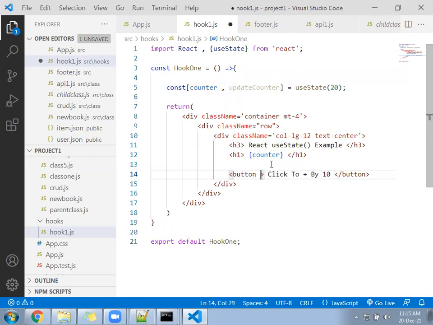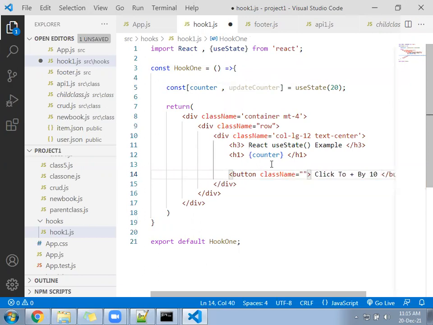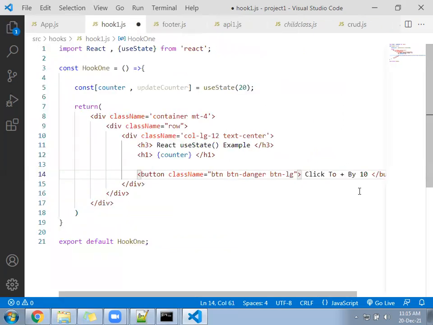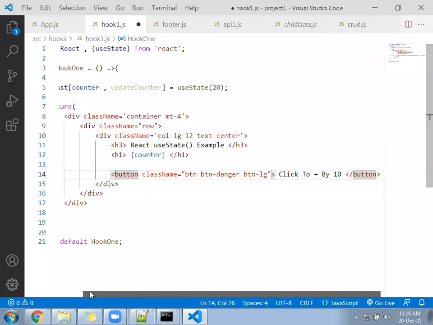Right here, className equal to btn-danger and btn-lg. btn-danger, btn-lg.